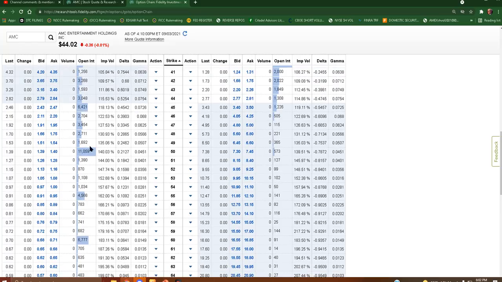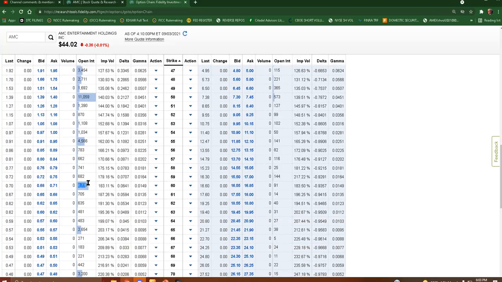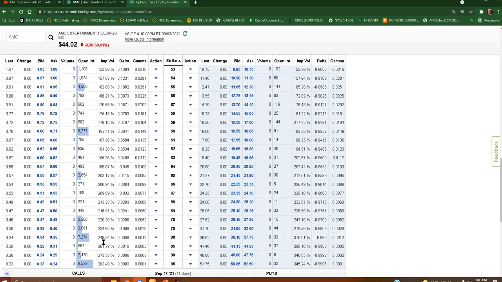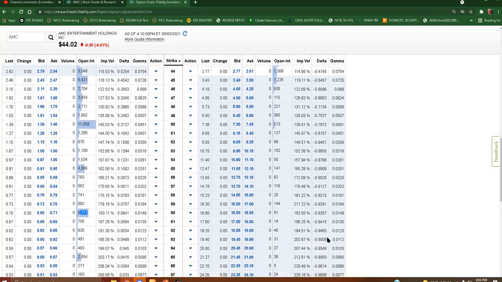Gamma's looking pretty good. This looks to me more like these are calls being sold by market makers, and the reason would be to collect on that premium. So you have 9,500 there, so there's no contract switching hands, right? But there's open interest. So likely calls being sold to collect premium. They were likely sold after the decent run up we had on the 24th for AMC and GME.